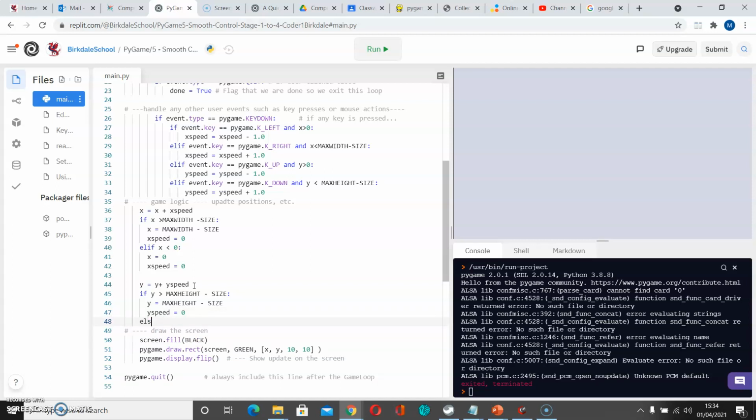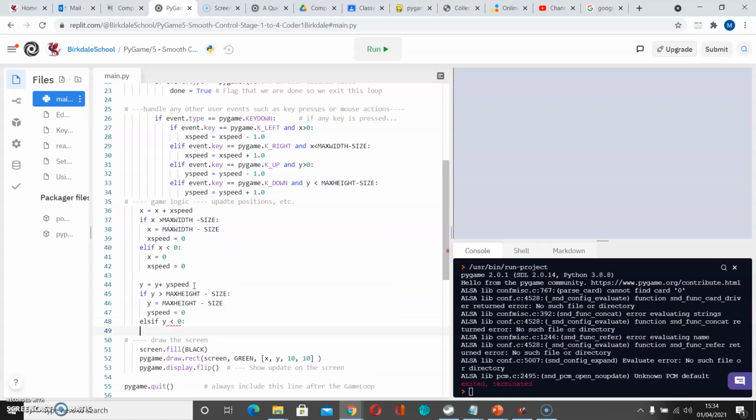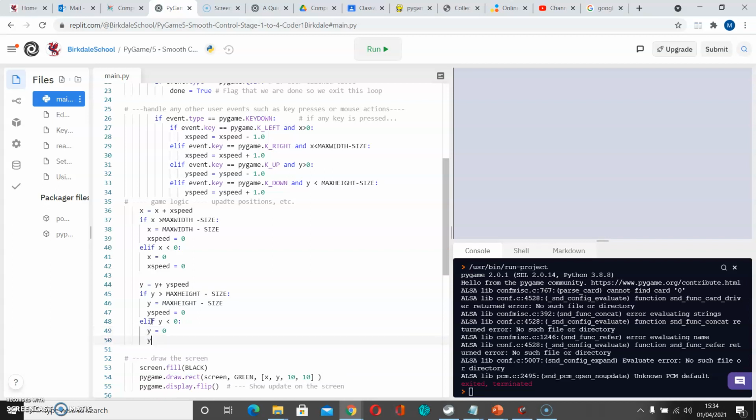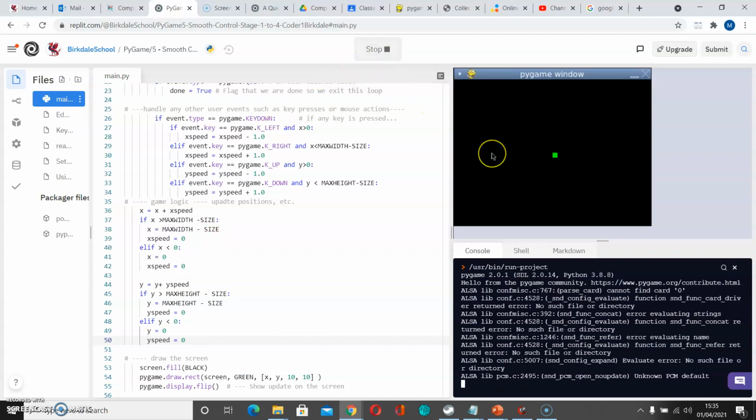And if not, then elif Y is less than 0, then Y equals 0 and Y speed equals 0. And if I just quickly run that, then we should see that we are constrained and cannot